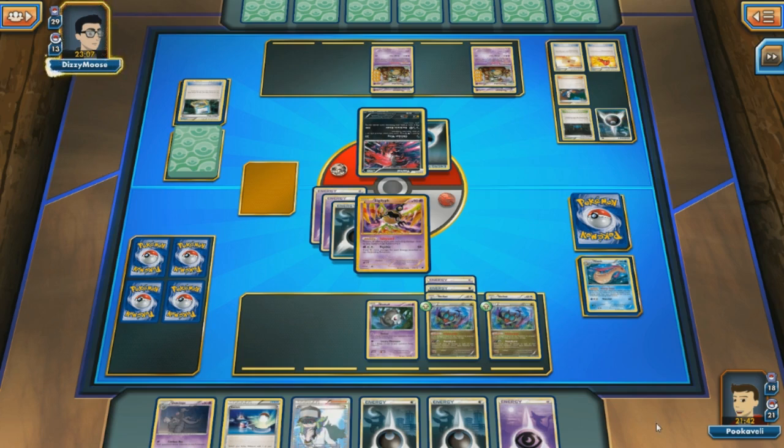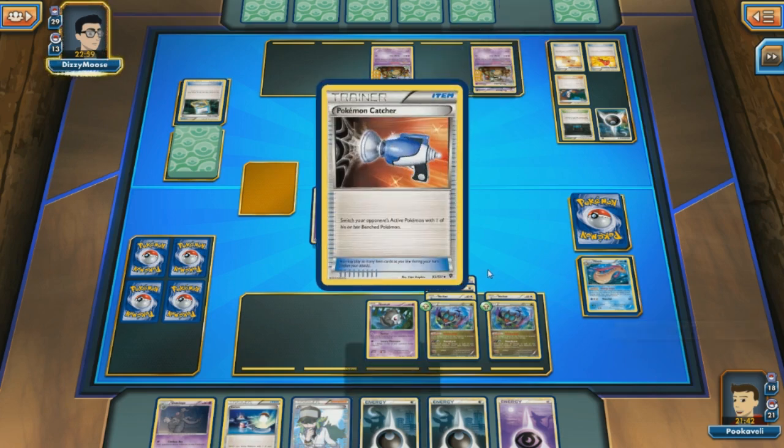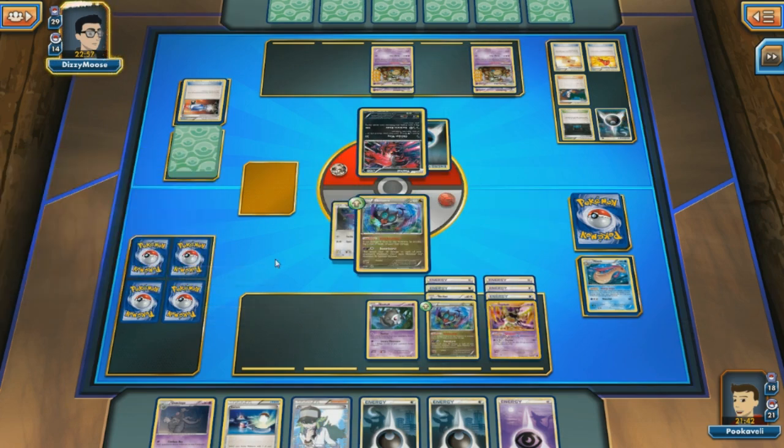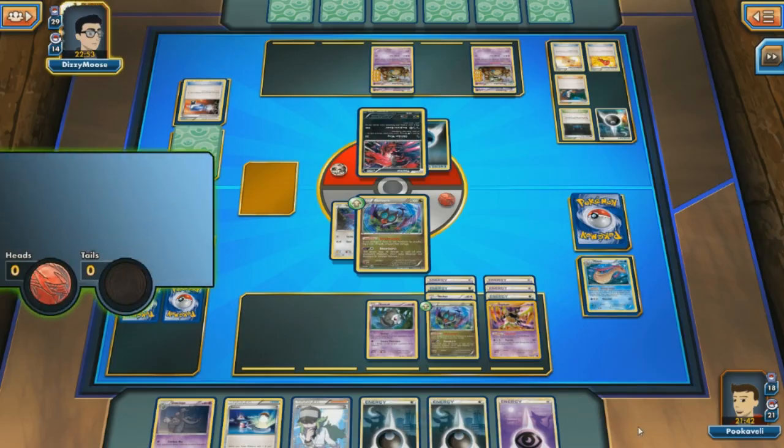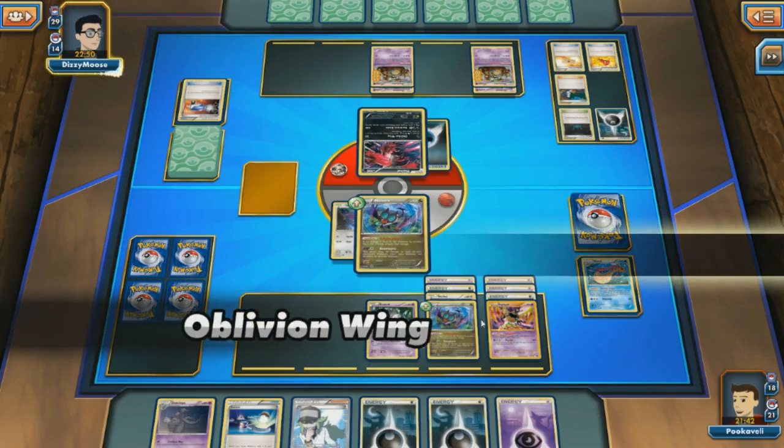It's anybody's game. I don't really know what to expect. My opponent has played down a bunch of crazy cards already: Super Scoop Up, a Scoop Up Cyclone, a Town Map. There's a Pokemon Catcher, a Heads. Actually brings out Noivern. I was expecting Duskull to get knocked out there, but no, looks like Noivern's coming out,